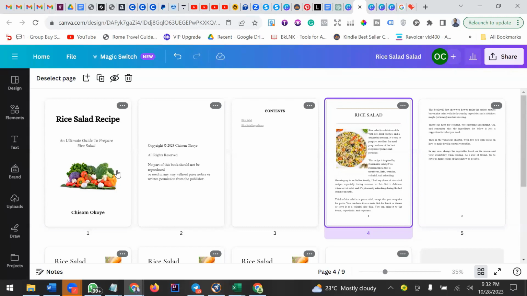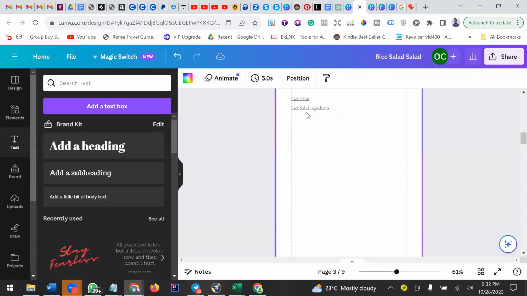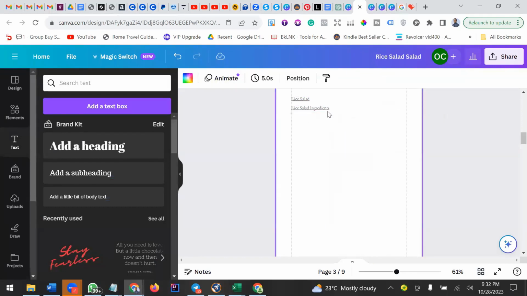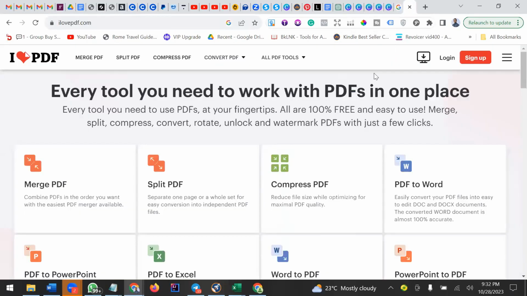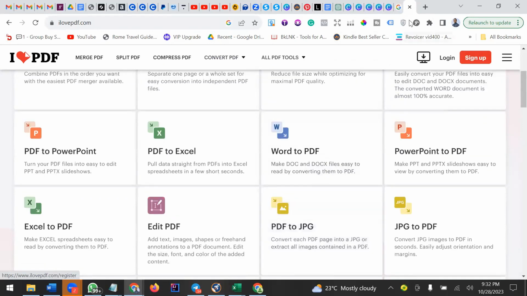So maybe what you're going to do after that is, let's say you are doing for paperback, you must have arranged your table of contents, because this one you're going to do manually. There's no automatic way of writing out your table of contents, you put them down. Then after you've labeled your page with I Love PDF,